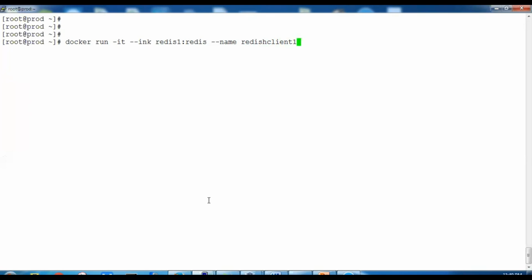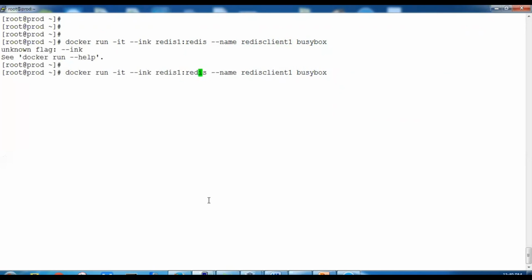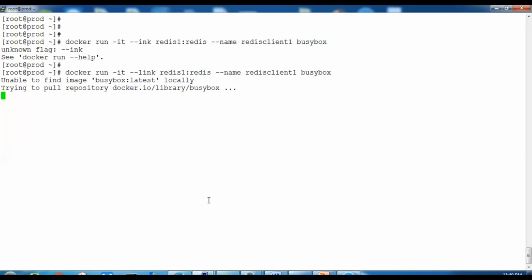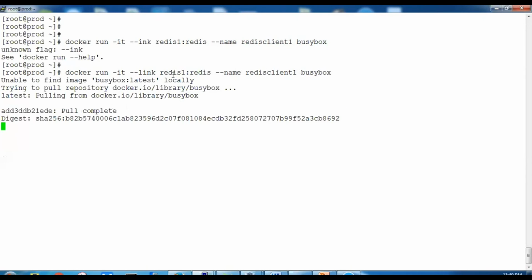Once this container name is done, we have to write down the image name from which we are going to create this container. So we'll say busybox. It will download busybox from the repository and create a busybox container, but also it will link Redis1 with this busybox.